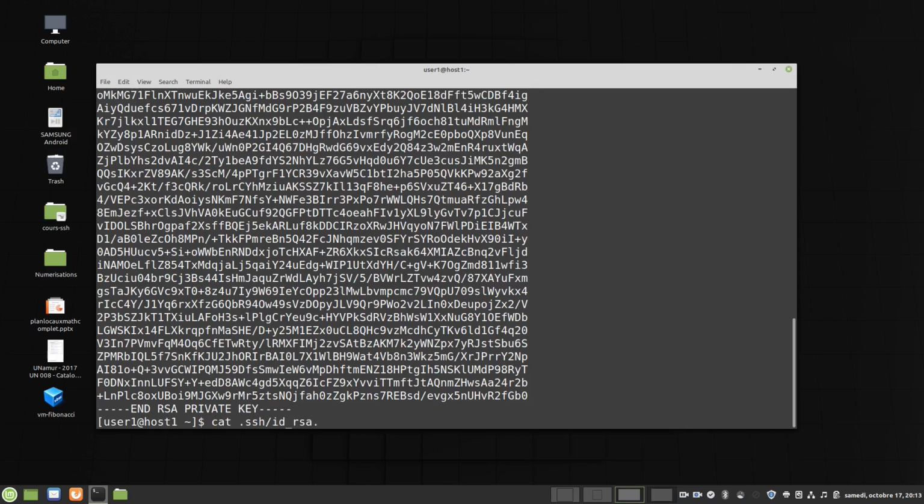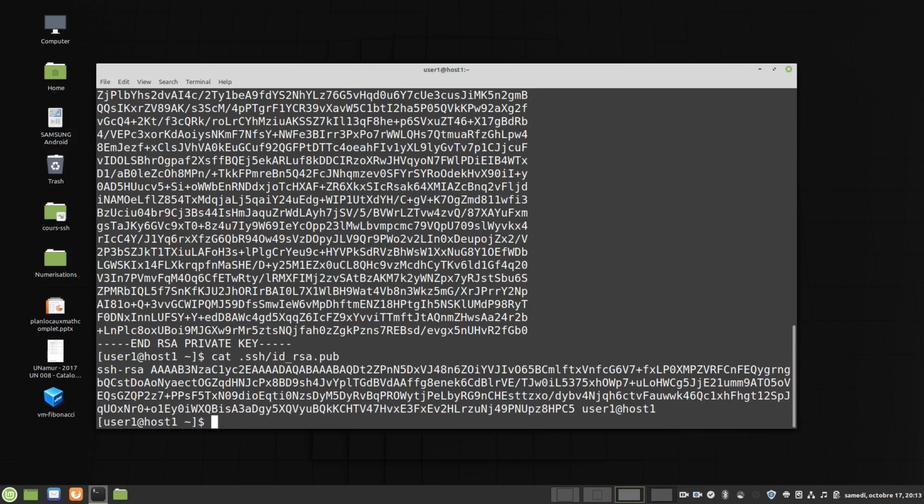We also have the public key, which identifies user 1. Now we can copy the public key of user 1 to user 2 at host2.